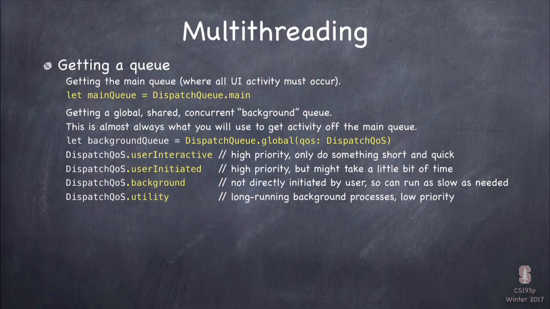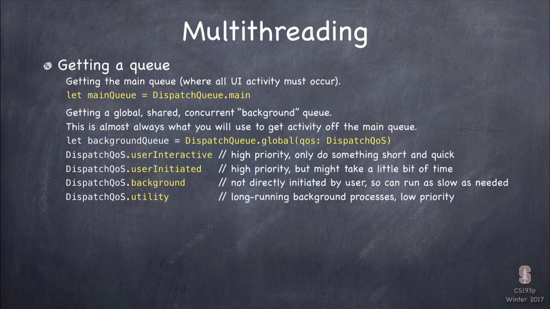Okay, the next one is user initiated. What this means is the user currently did something to initiate this activity that's going to be done in this queue. So it's pretty high priority. The user did something and they're waiting for a response, presumably. So that would be the category for our Cassini project. We clicked Earth or Saturn, we want that image now and we're waiting for it. So we are going to use user initiated, because the user initiated a request for it. But it's going to take a while. And the user's not interacting, we're not making it do something different every time it moves. But it was user initiated. So user initiated is pretty high priority.